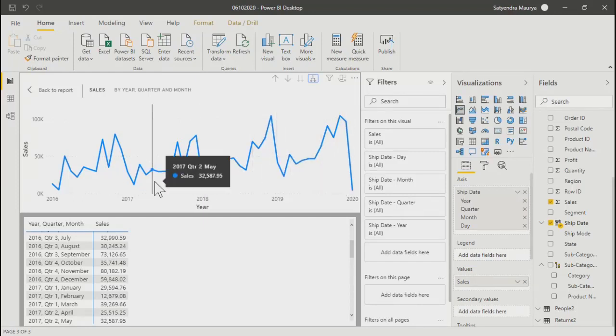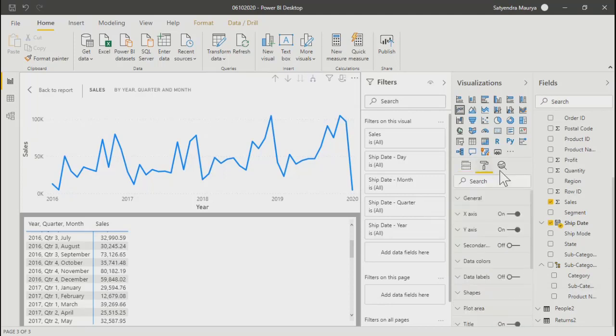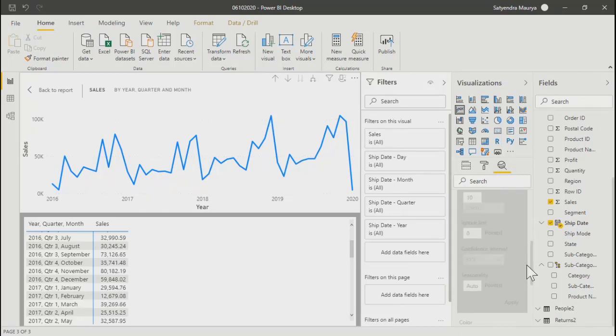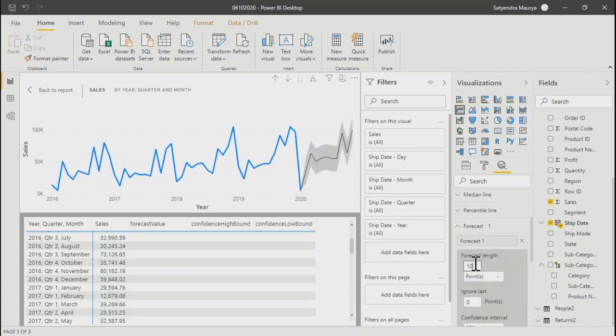That is because of seasonality. Now, if I add the forecast here, let's say add forecast, analytics tab, and then forecast, 10 points, you can even do it for maybe 20 points.